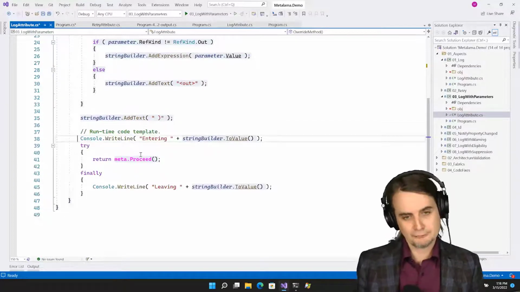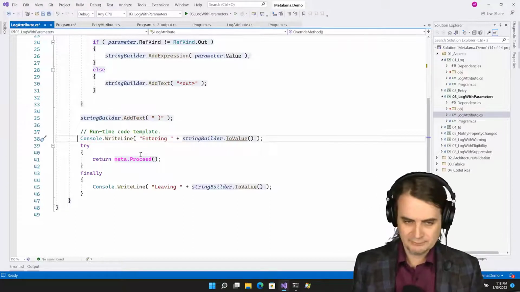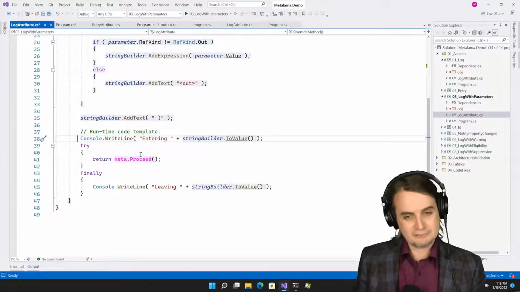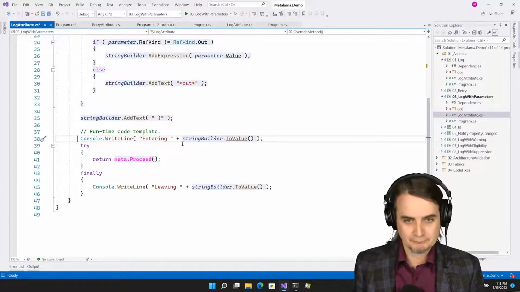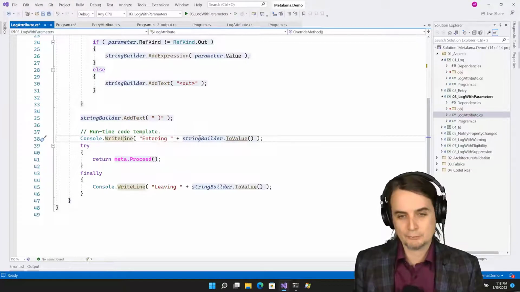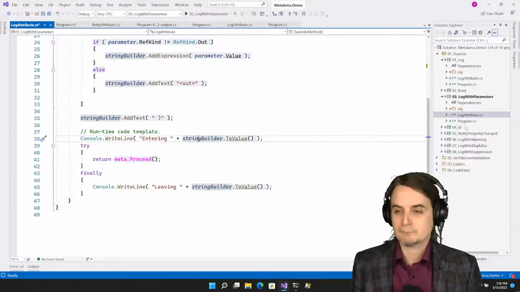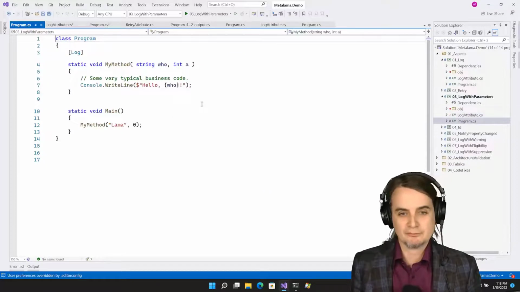This code is no longer in white background. That means that it will be injected into the target method. So here you can see how I can mix runtime code with compile time code, and this all is quite smart.